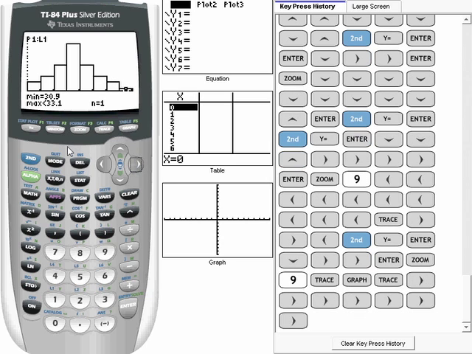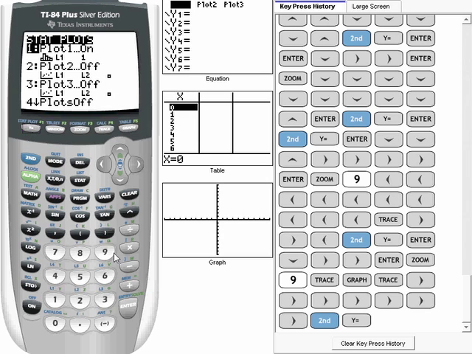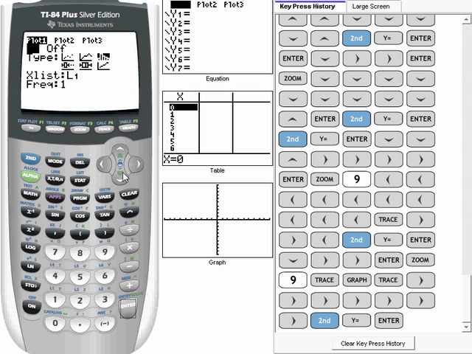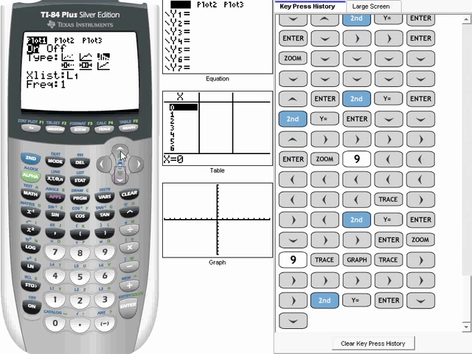I'd like to also show how to do a box plot. This is from chapter 2. To create a box plot, or also known as a box whisker, I'm going to go back to the stat plot by doing second stat plot. I'm going to hit enter, or click enter. I'm going to change this to a stat plot. So I changed my type,